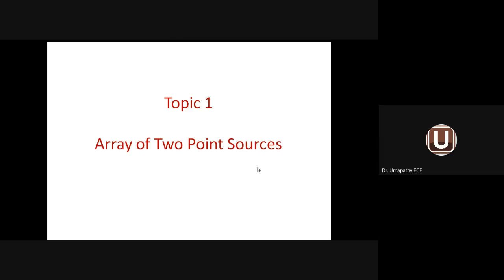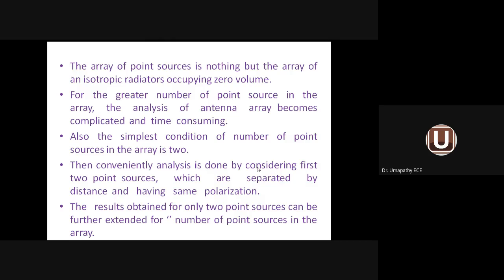The third topic which we were discussing yesterday is array of 2-point sources. We have taken an array, the smallest array. Smallest array means 2 elements will be the smallest array. Array means elements of symmetrical type or symmetrical in nature. We have taken the simplest array, a 2-element array. We want to do some calculation for the array. We want to draw the radiation pattern for the array. Why a 2-element array? Because if I compute for a 2-element array, I can go for an n-point or n-element array. So that becomes easier.